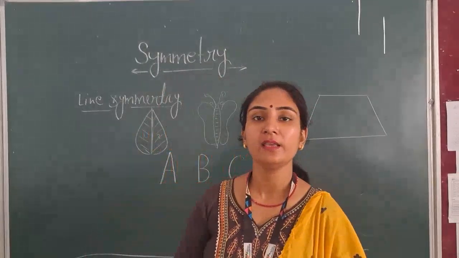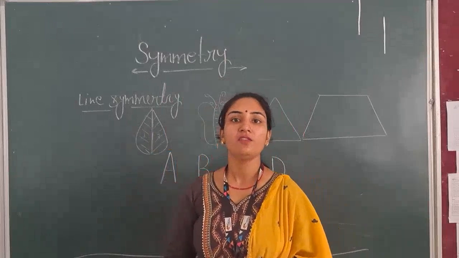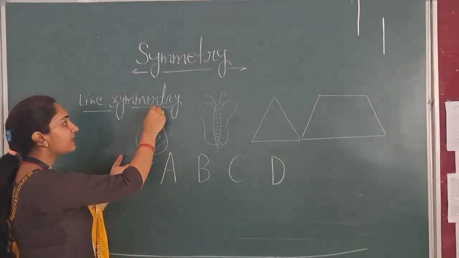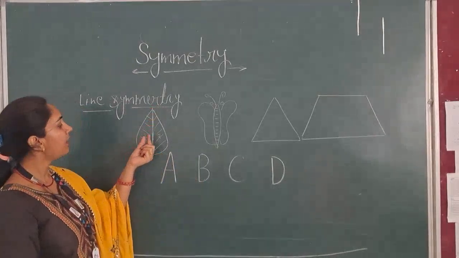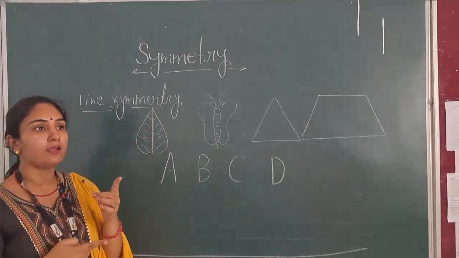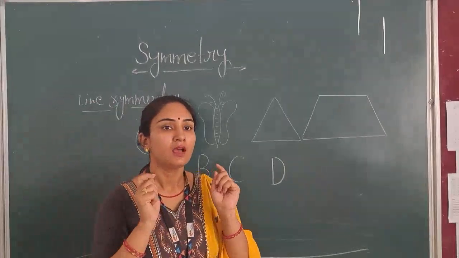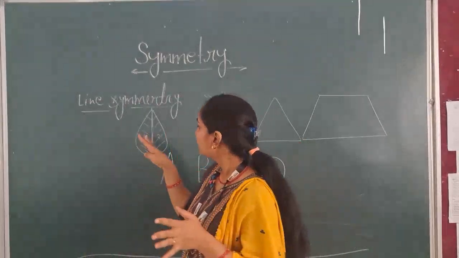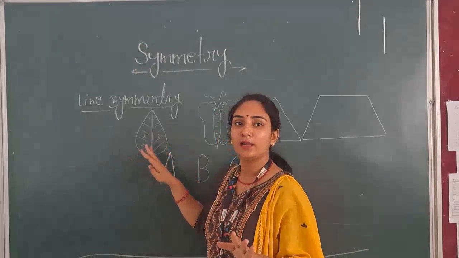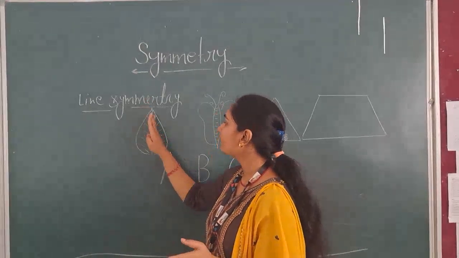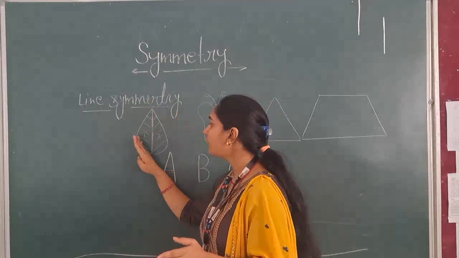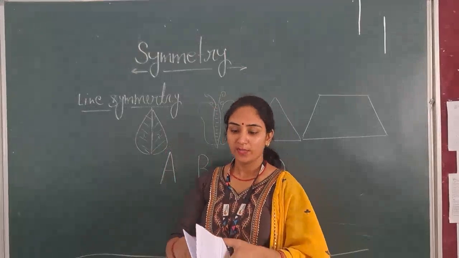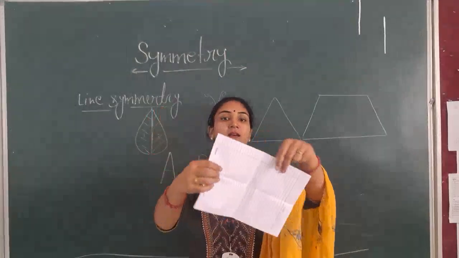First of all, symmetry is a geometrical concept in which figures have a line of symmetry. That means a figure which can be cut by a line into two equal parts, or more than two parts which are totally equal, and if you fold the figure, one part coincides with the other one. For example, we can see in this figure, this is a rectangle,